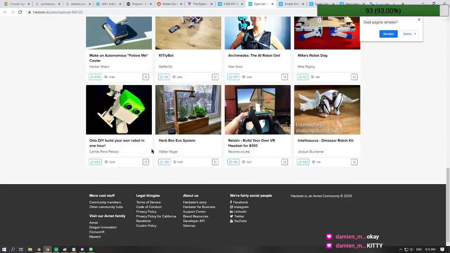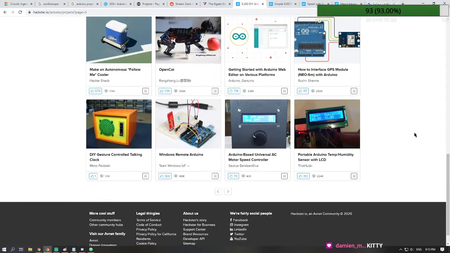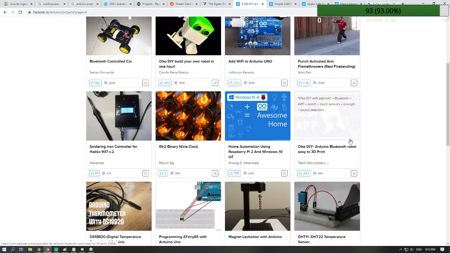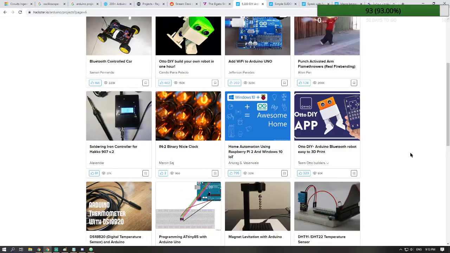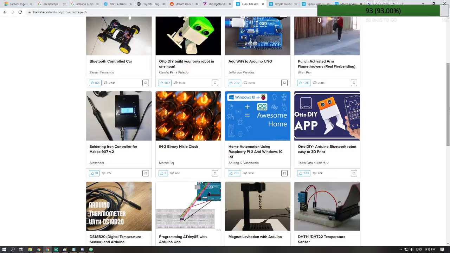Ah, come on. I mean, I can get ideas how it works, right? Home automation using Raspberry Pi 2 and a Windows 10. Well, I have to use the Arduino, so I could use the Arduino and the Raspberry Pi 3 combined, but